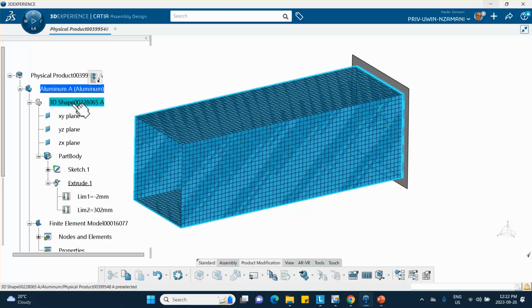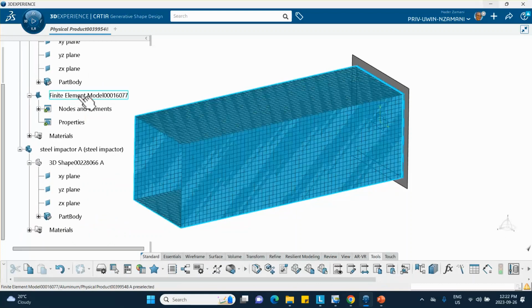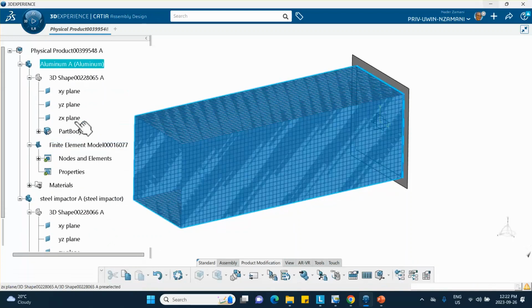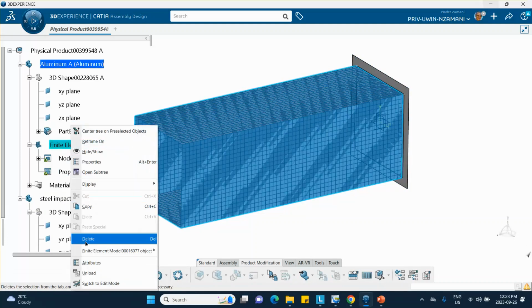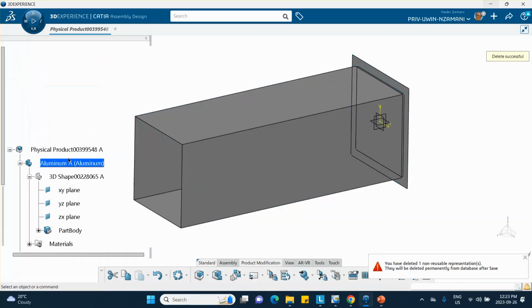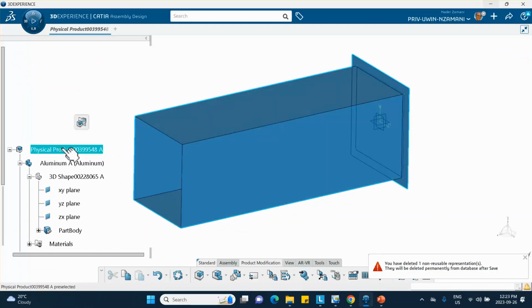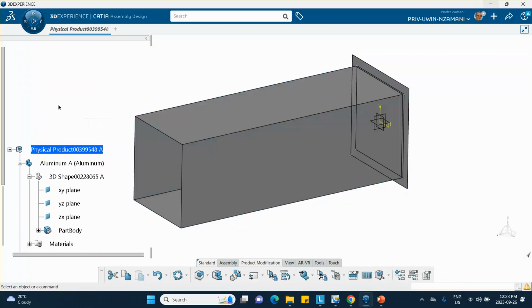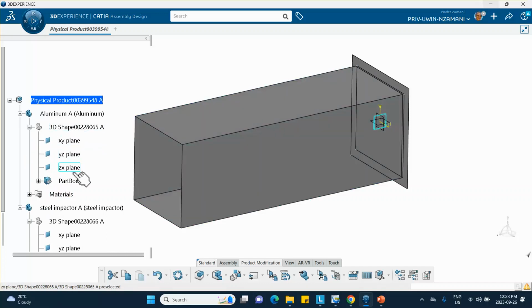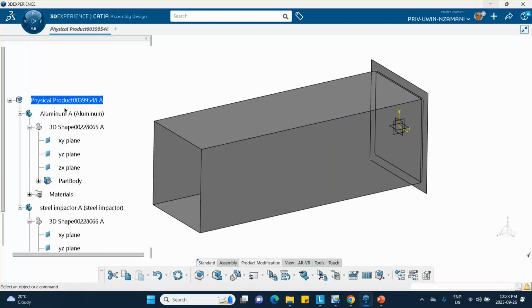Oops. Okay. Let me delete this. Delete this. Okay, that's gone. So we go all the way to the top. Sorry, I should have been careful because I happen to be in the aluminum part. Remember, I wanted to check the Poisson ratio. I was in aluminum part, so I go all the way to the top, and now